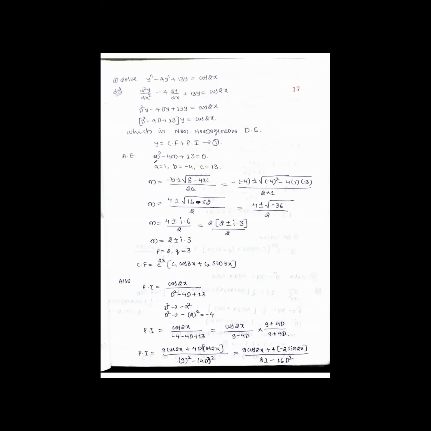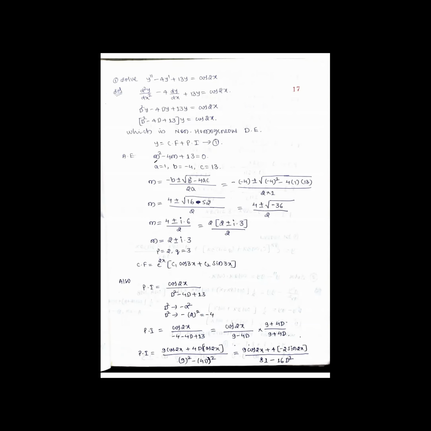first, the numerator and this term both should multiply, and in the denominator we apply a minus b and a plus b, a square minus b square. That is fine. You can see here it is very important: 9 into cos of 2x plus 4D into cos of 2x, multiplication of two terms. 9 into cos of 2x, I have written here, and 4D into cos of 2x, I have written here. The denominator is 9 square minus 4D the square.